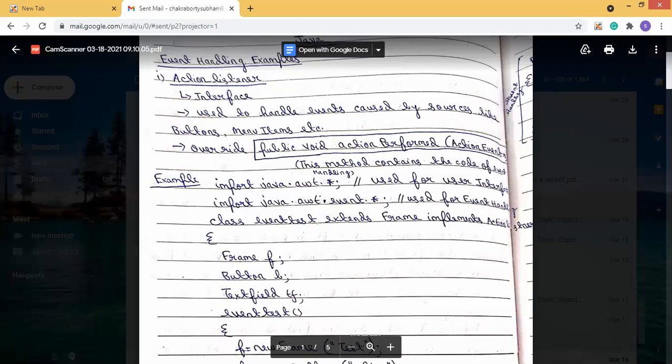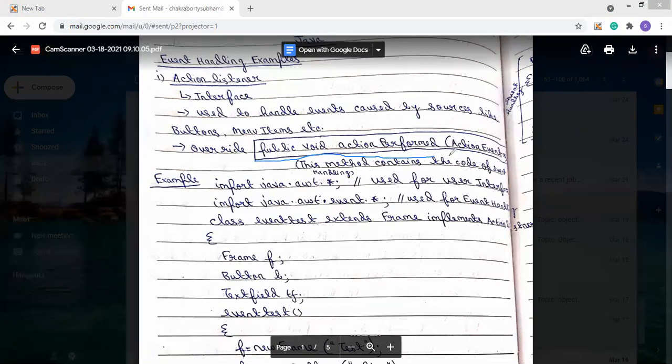In the action listener interface, there is a public method, and the general structure looks like this: public void actionPerformed.